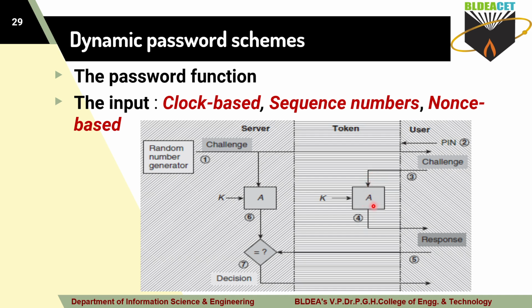This is any encryption algorithm, and here you are using the key along with the encryption algorithm. You are providing the key, and with the help of this key and encryption algorithm you will get the ciphertext. For this, your challenge is your plain text. It takes it as plain text, and for that plain text it runs this encryption algorithm with the help of this key. That output you will get as a ciphertext, as a response, and that response you are sending back to the server. The user will send the response to the server.